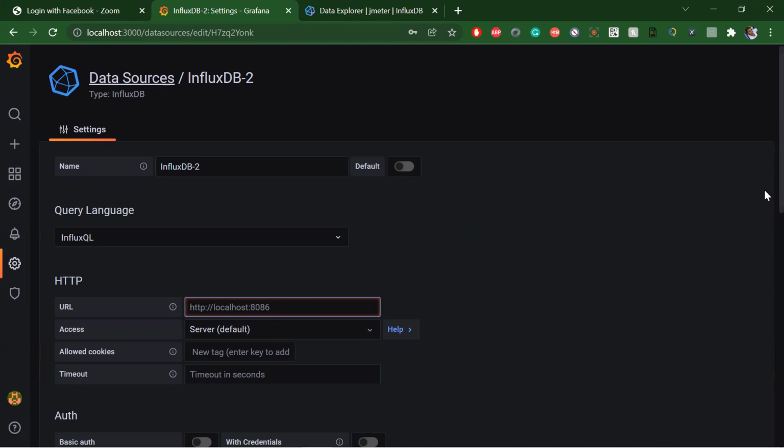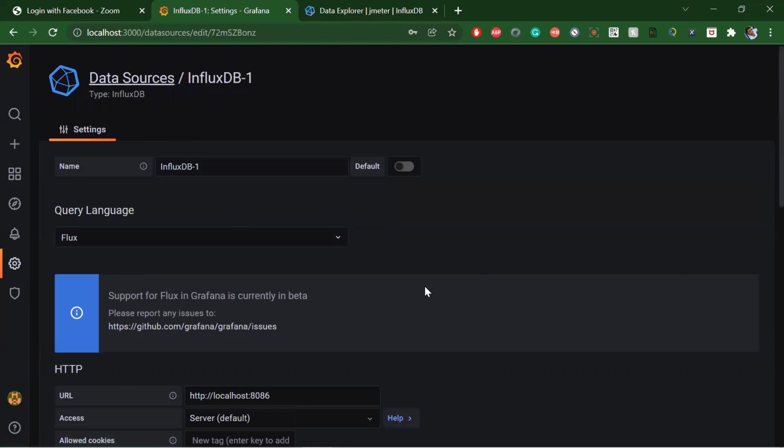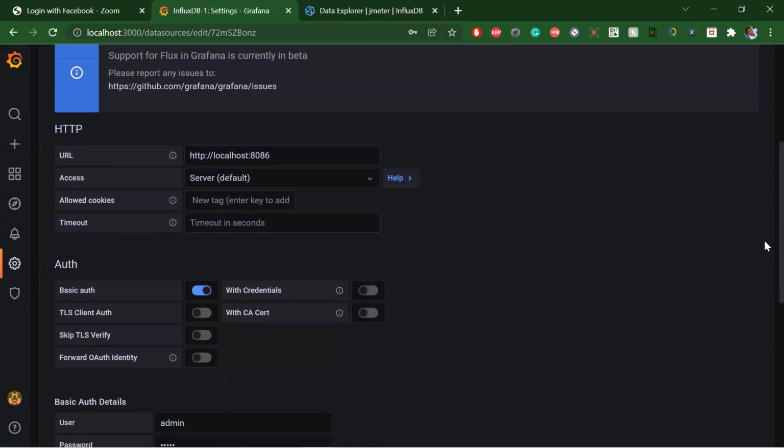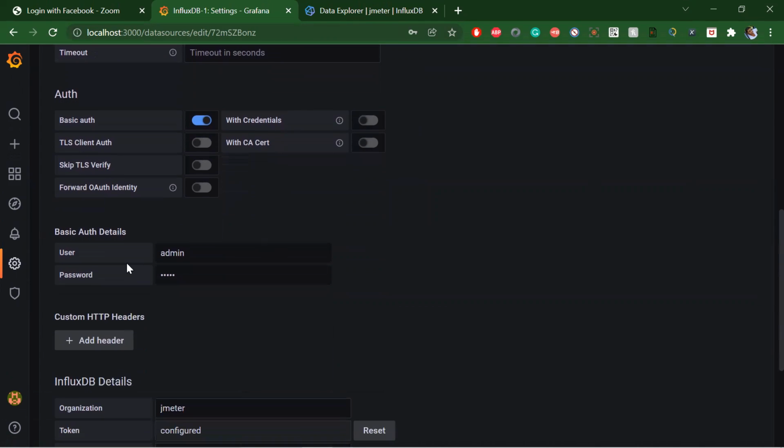I'll show mine, which I'm currently using. I just gave the URL 8086 and selected basic auth, and gave the username admin and password which I created, admin of the DB.